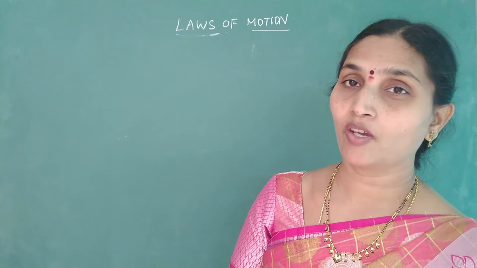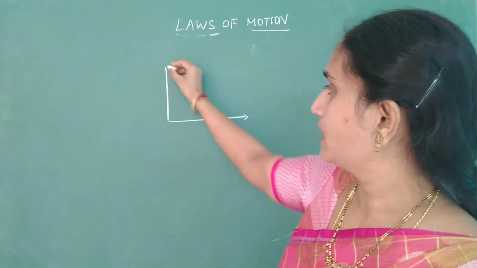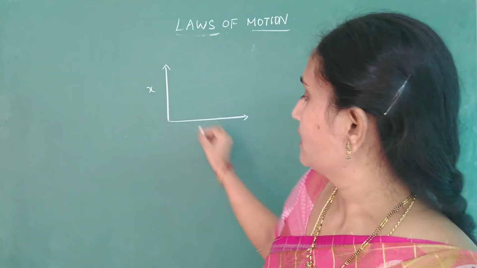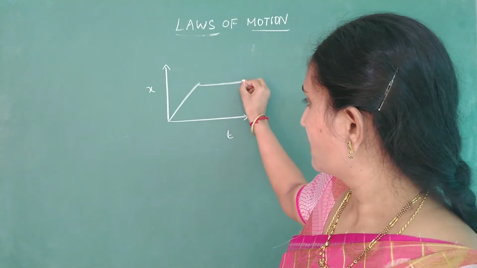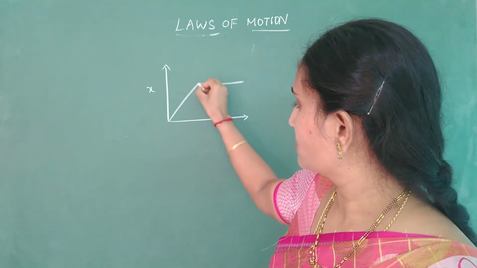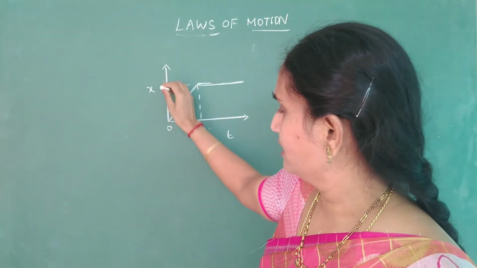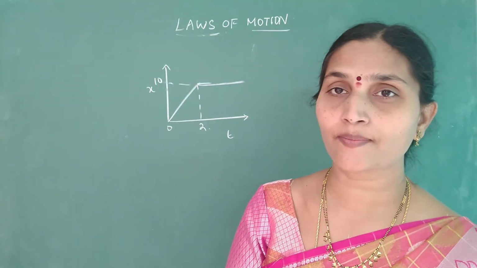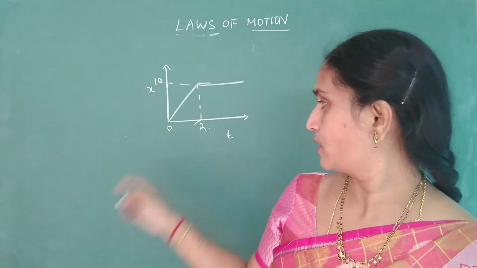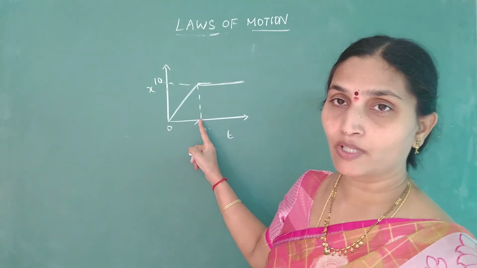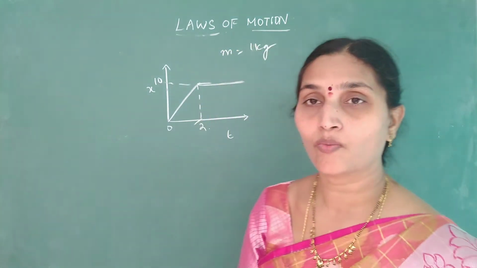Say sometimes they may also give you a position time graph and ask you to calculate the impulse at a certain interval of time. Say the position versus time graph for a particle is given as shown below. This is your NCERT question. Say this value is 10 meter. Determine the impulse at t equal to 2 seconds. If they are asking you to find the impulse at t equal to 2 seconds, mass will of course be given. Let's take the mass equal to 1 kg.